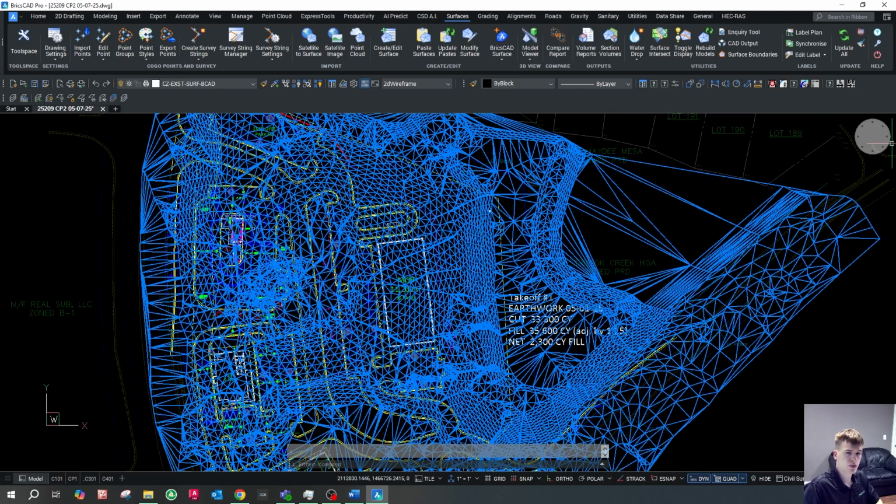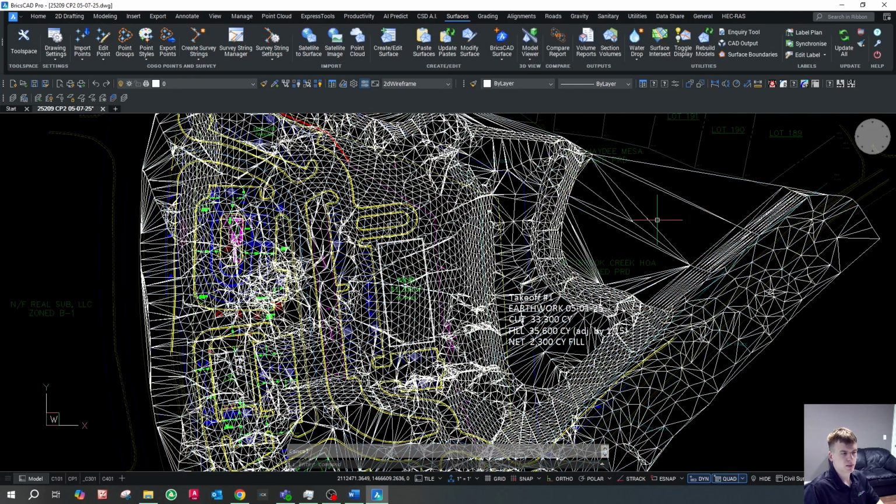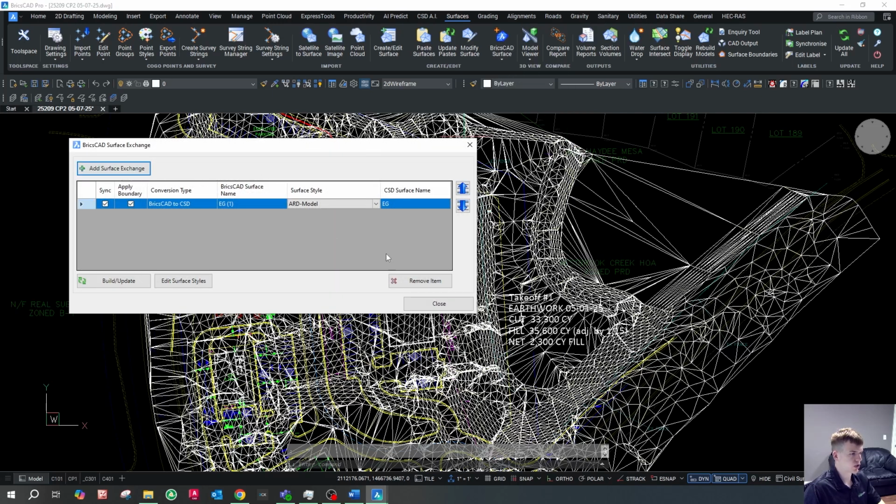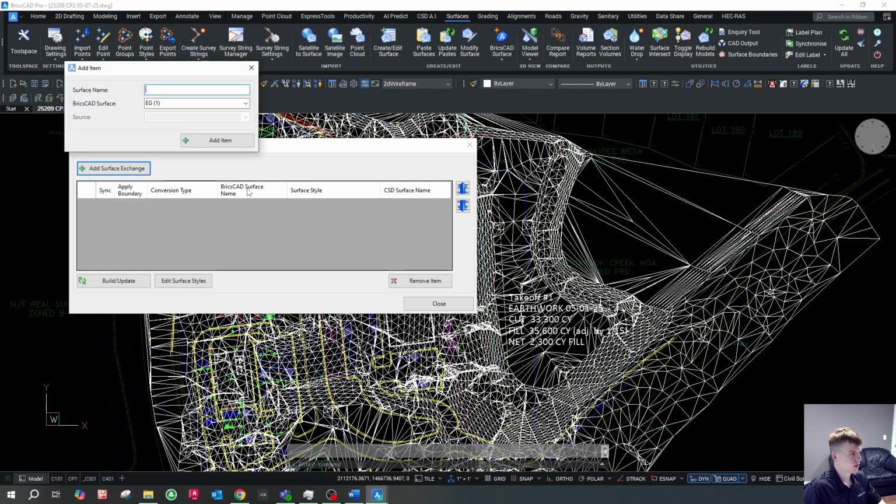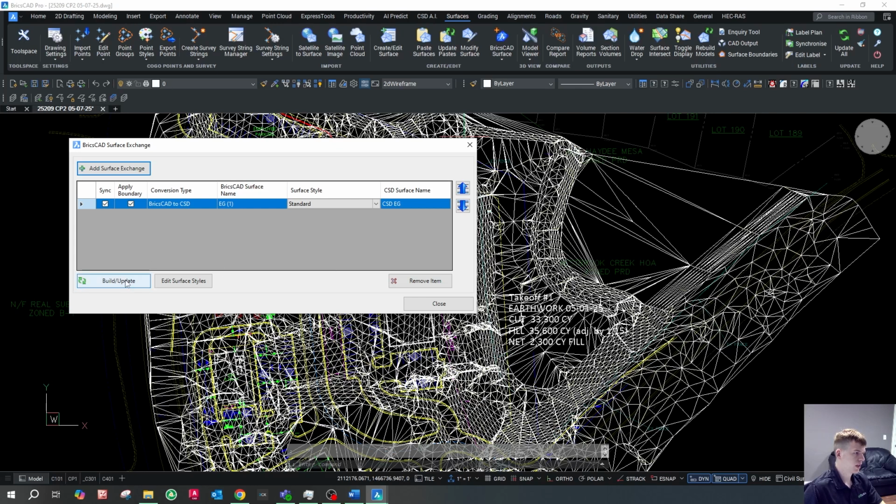But unfortunately, BricsCAD surfaces are also different from civil site design surfaces. So that's kind of one of the drawbacks of the BricsCAD civil site design combination versus AutoCAD Civil 3D combination. But they do have a command built in here, this BricsCAD surface thing here. So if I click this button, it's going to allow me to create a surface exchange. So I'm just going to remove the one that I did before, and I can select add surface exchange, BricsCAD to civil site design surface, and then it's going to select the BricsCAD surface, which is EG1, and I'm going to name this guy CSD EG, and then select add item, and then I'm going to hit build/update,